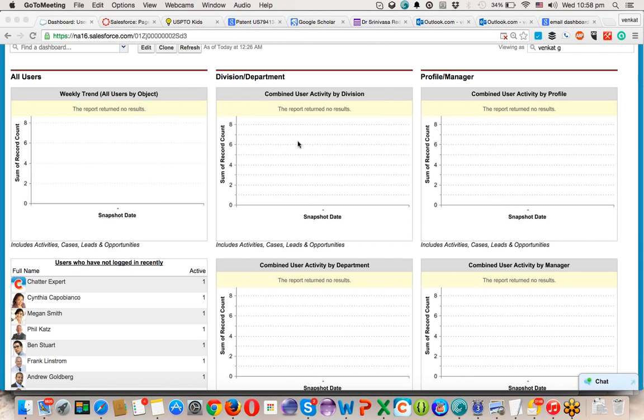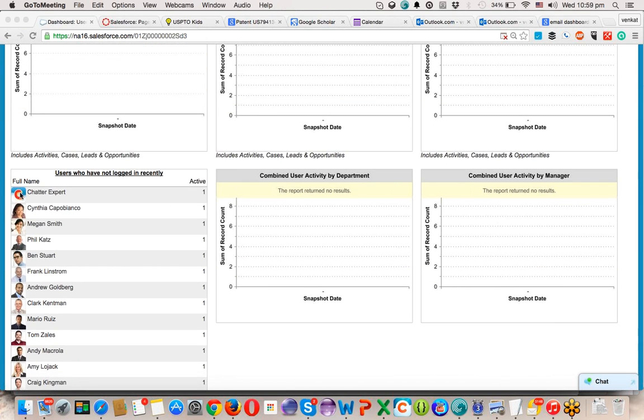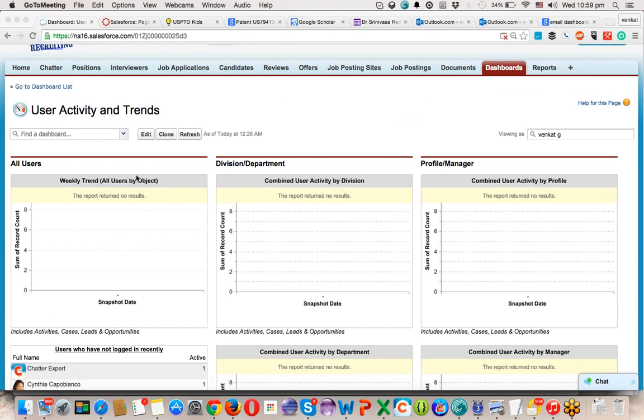By default, when you're logging in as Dr. Srinivas, you can see the reports on your behalf. And you can also see how people are performing like this. There is a simple filter on the top of this called dynamic dashboards, and by clicking on this,